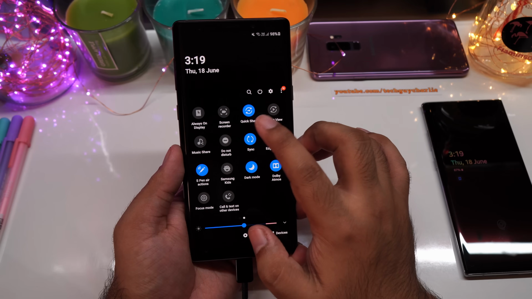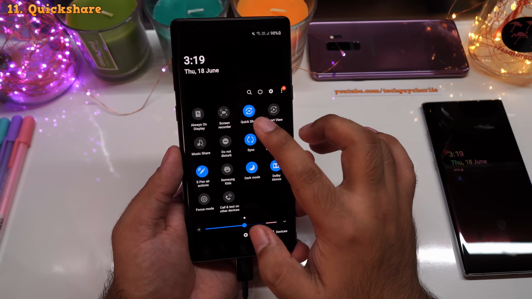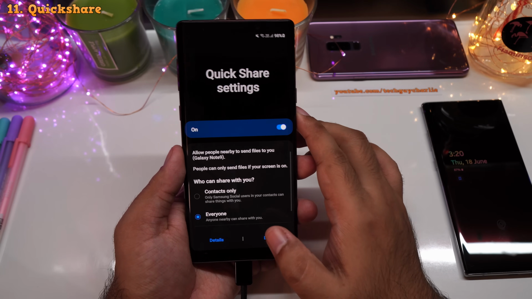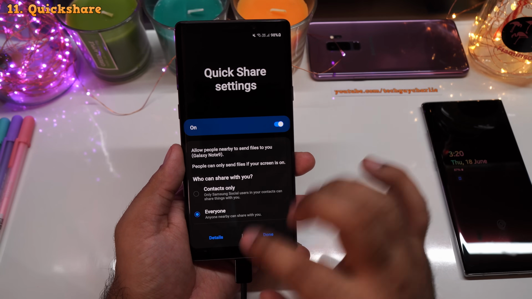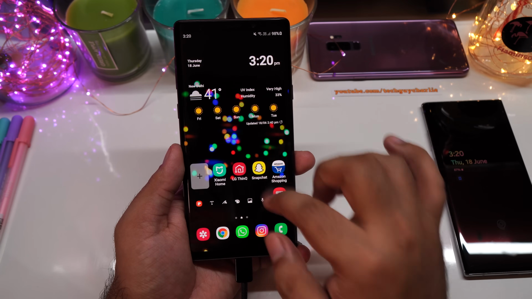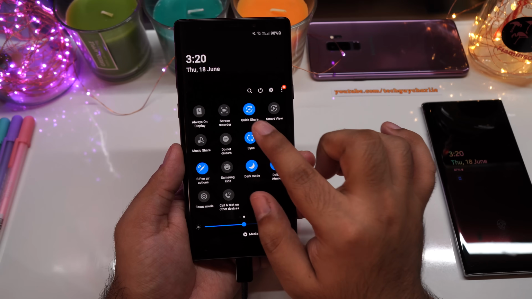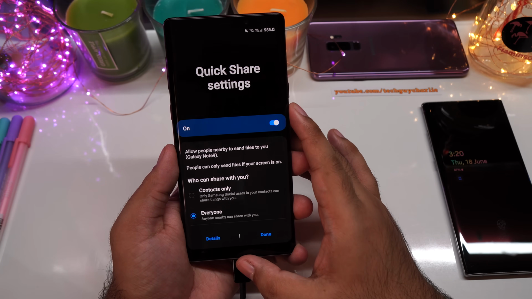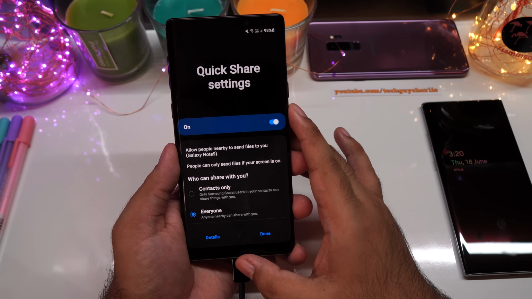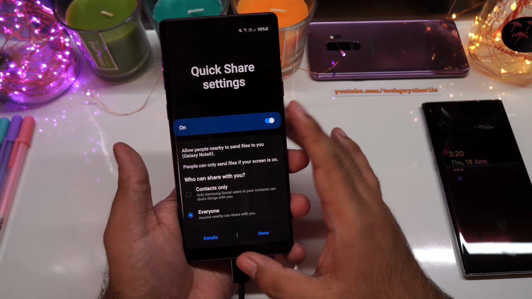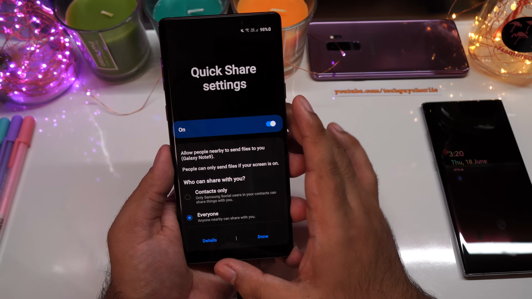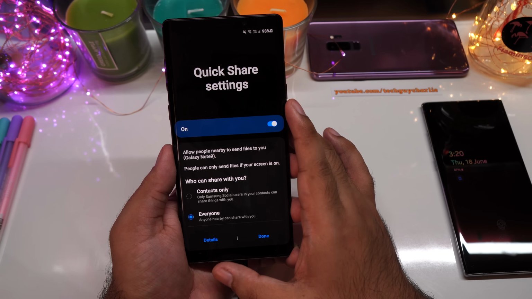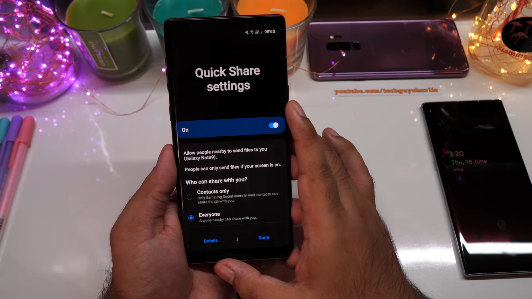So I'm gonna start off by showing you guys Quickshare. Quickshare is another feature that has been carried over from the Galaxy S20 series, and you can find it in the drop-down notification panel. It is right over here. What Quickshare does is utilize your phone's Wi-Fi to send and receive files to another Samsung smartphone. So it's pretty much like Apple AirDrop,